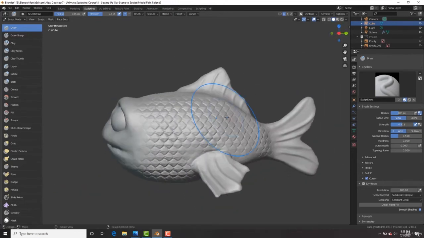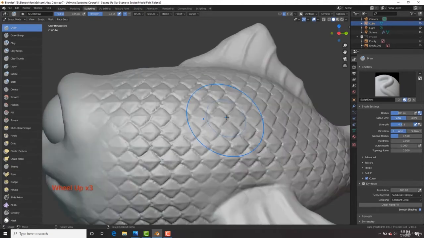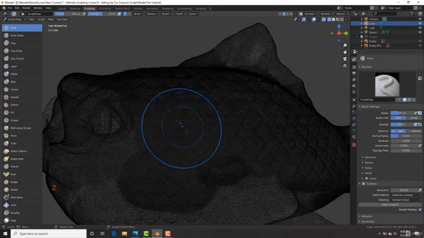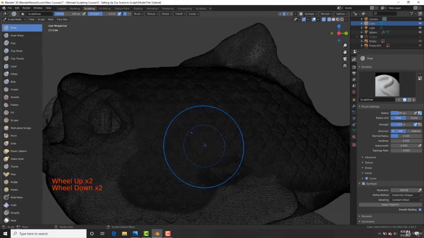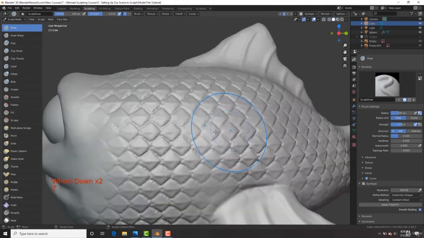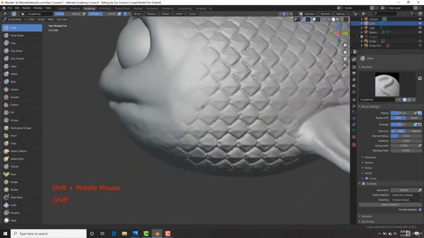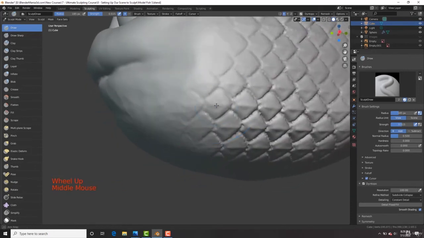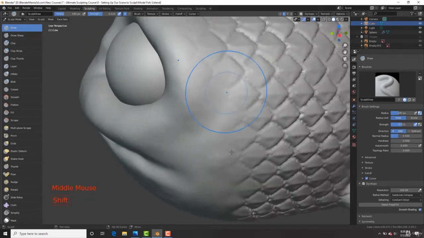Pretty sweet. However, we have definitely increased the amount of vertices. You can see we now have 195,000 vertices. And if we go into wireframe, look at all this geometry. It's ridiculous. Now let's do one thing quickly to make it look a little bit nicer. Holding down the shift key, we're just going to go on the edge right here where it transitions from the flesh into the scales, and hold down the shift key and just move your mouse like this to transition it